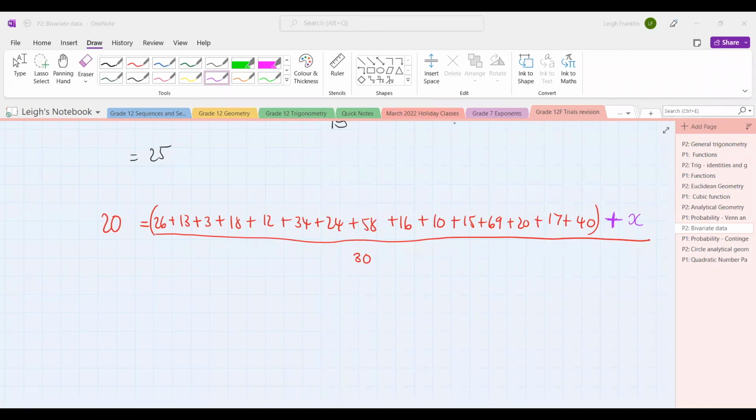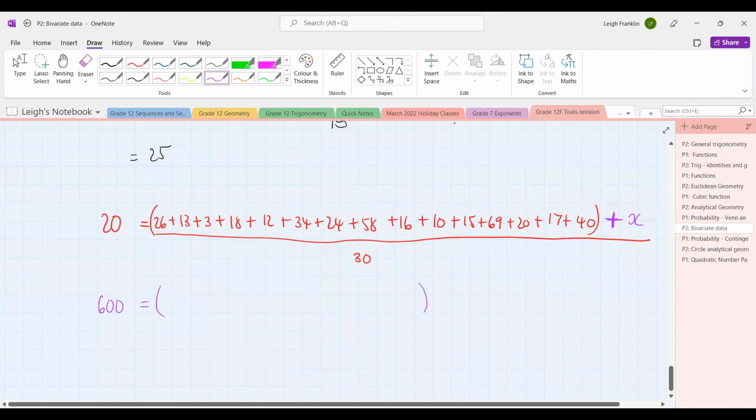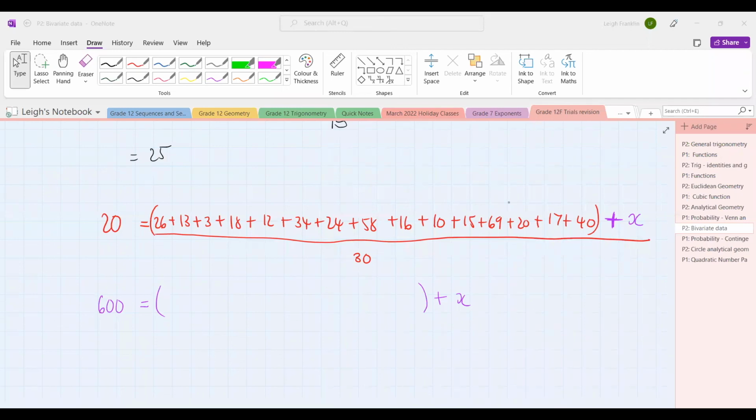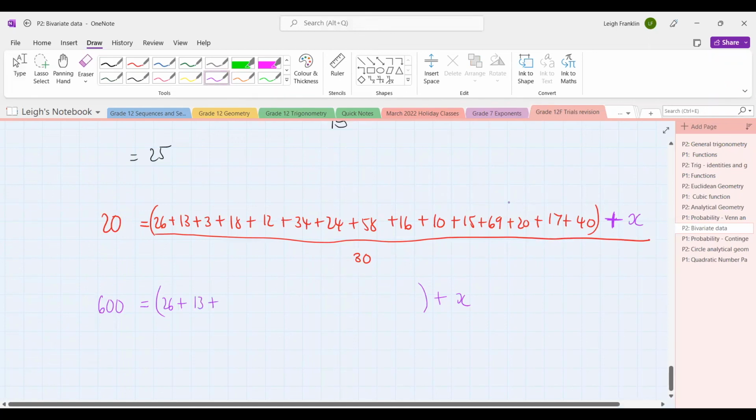So we're going to cross multiply. So that's going to give us 600 is equal to, now what we need to do is add all of those numbers together, and then we've got to take that away from 600. So here we're adding together 26 and 13 and all these other numbers, and then here we get down to 20 and then 17 and then 40. Okay, so when we add all of those numbers together,